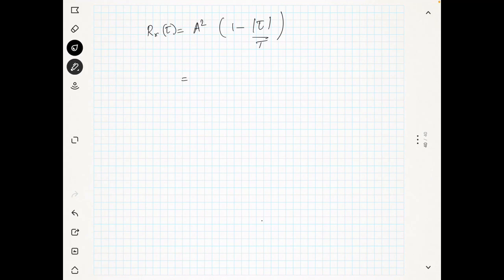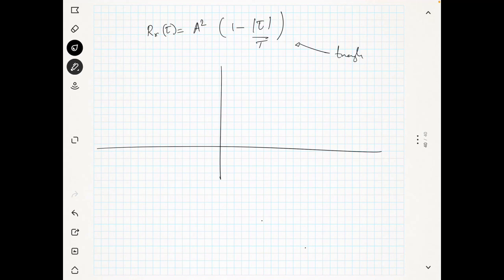So this is equal to, we can solve it, we can represent it like this. You can see this is the equation of a triangle. This is like this, and a t, this is t, and after t this is tau, and this is minus tau. So this is tau equal to t, and for tau greater than t, the function has a value 0,